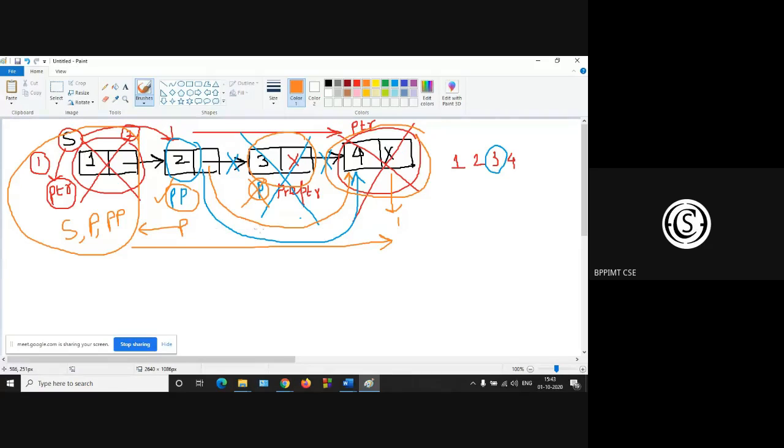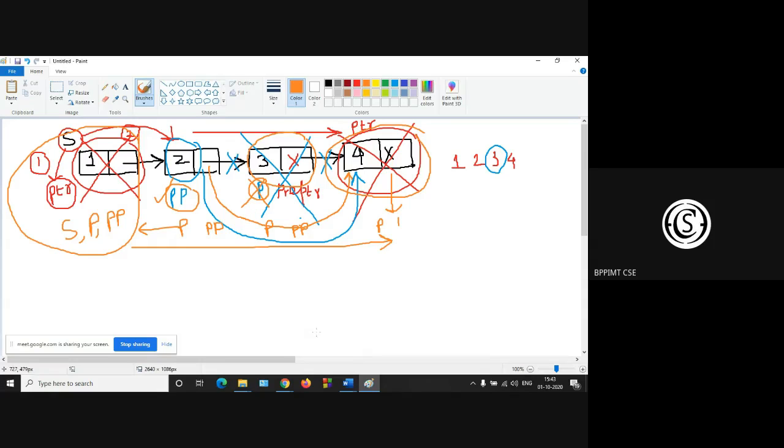Again you advance your P, so this will be your new PP. Again this is your P, so this is your PP. So PP is just one node backward from the pointer PTR.